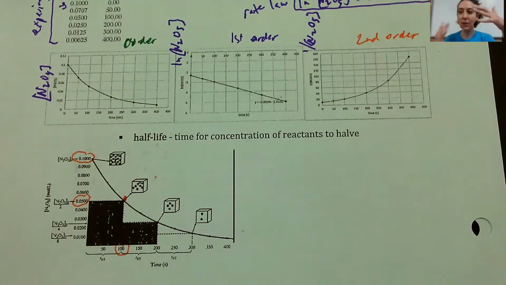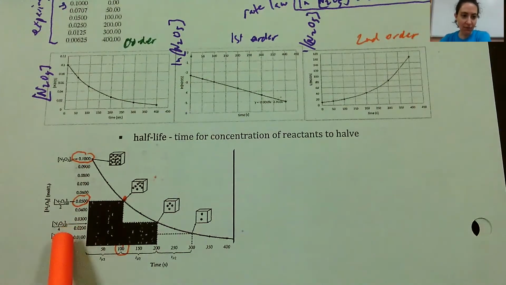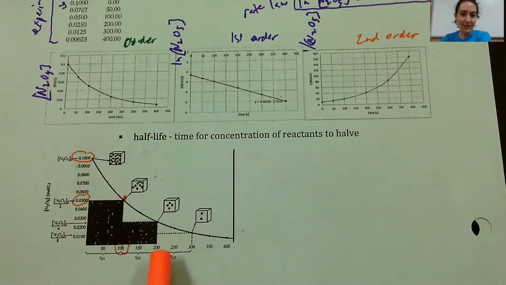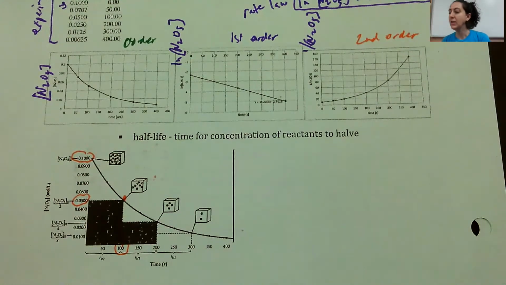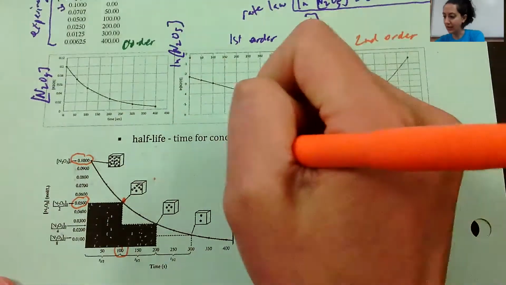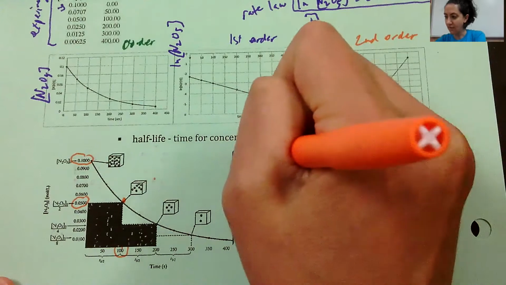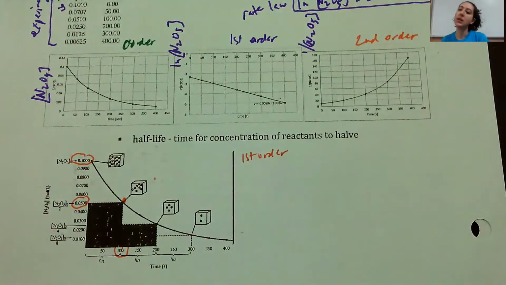And that keeps going. To reduce by a further half, to go from 0.05 to 0.025, is going to be right here, and that is going to be at 200 seconds. So every 100 seconds, the concentration is going to decrease by half. This is consistent with this particular example because this is a first order reactant. If it weren't, that would not be the case and it would be a bit more